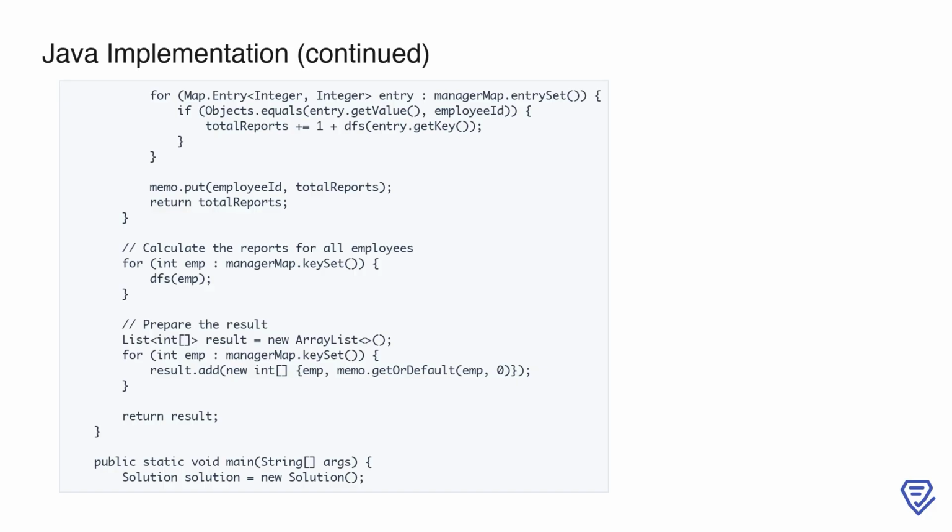We then iterate through the entries in manager map. For each entry, if the value matches the current employee ID, it means the corresponding key is a direct report. We increment the total reports by 1 and make a recursive call to DFS for the direct report, adding its report count to the total. After calculating the total reports for the current employee, we store the result in the memoization map and return the